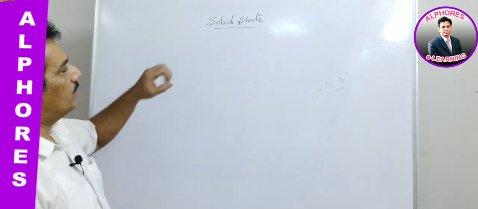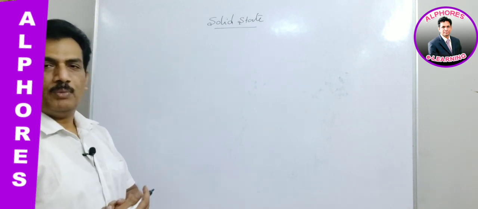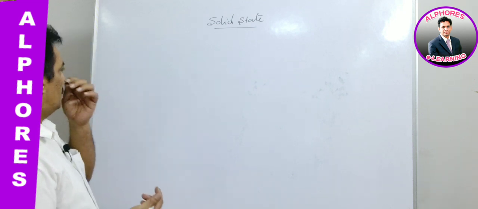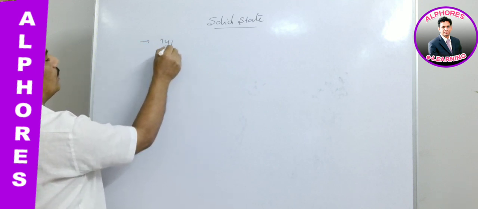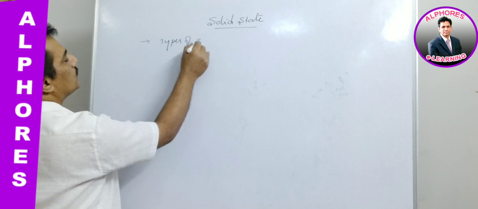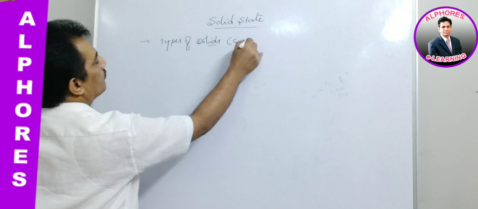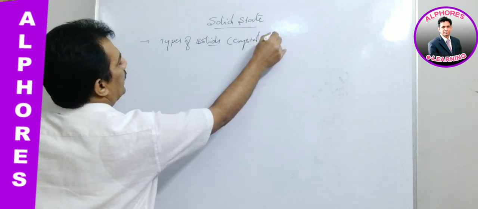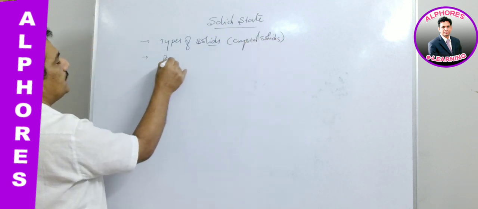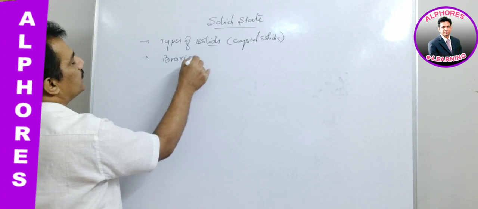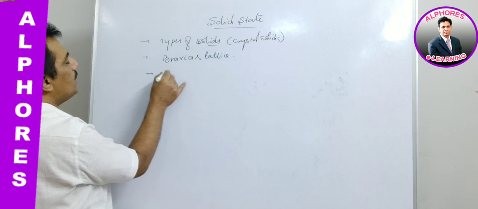First of all, we have to go for the content present in solid state to study at +1 and +2 level. Here in solid state we have to study different types of solids, that is nothing but crystal solids. Different types of crystal solids we have to study, and thereafter we have to go for Bravais lattices, and before going for these Bravais lattices we have to study the elements of symmetry,